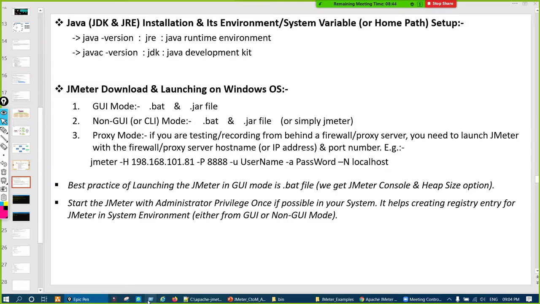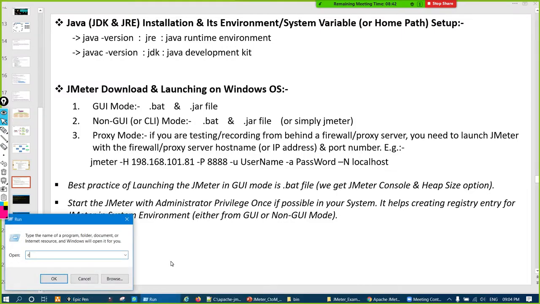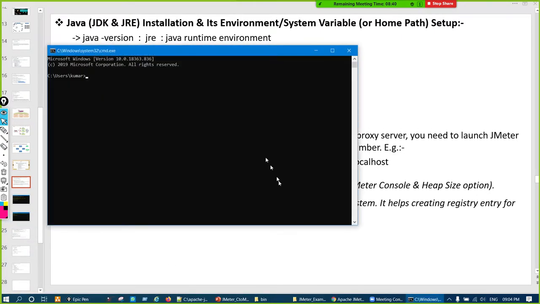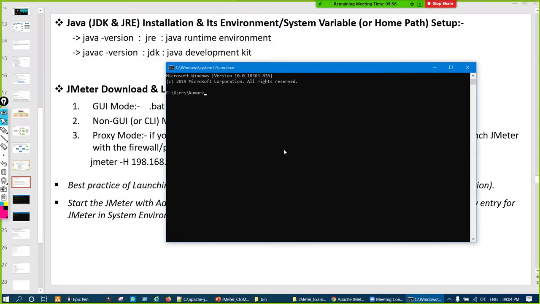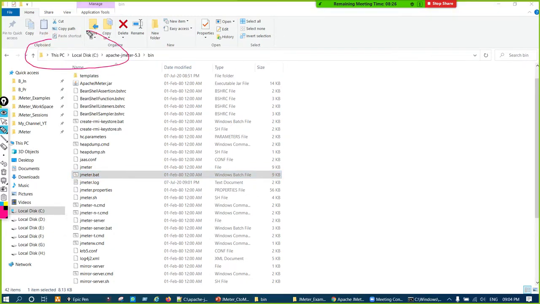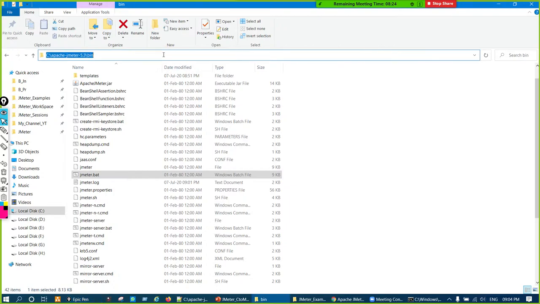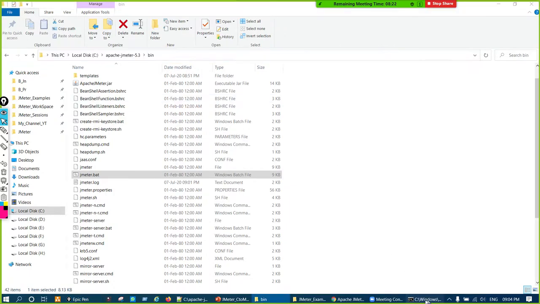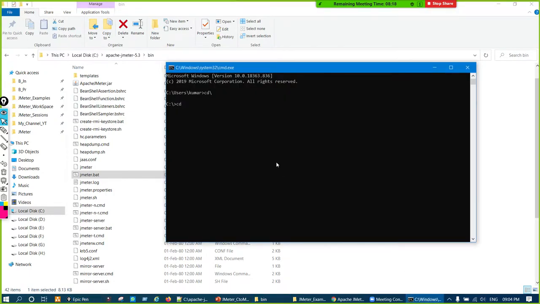So what we have to do is open the command prompt, CMD. This is the command prompt, and then we have to navigate to the bin directory of JMeter using the CD command. This is the path of my JMeter directory. I'll just copy that, type CD and that path, and hit the enter button.